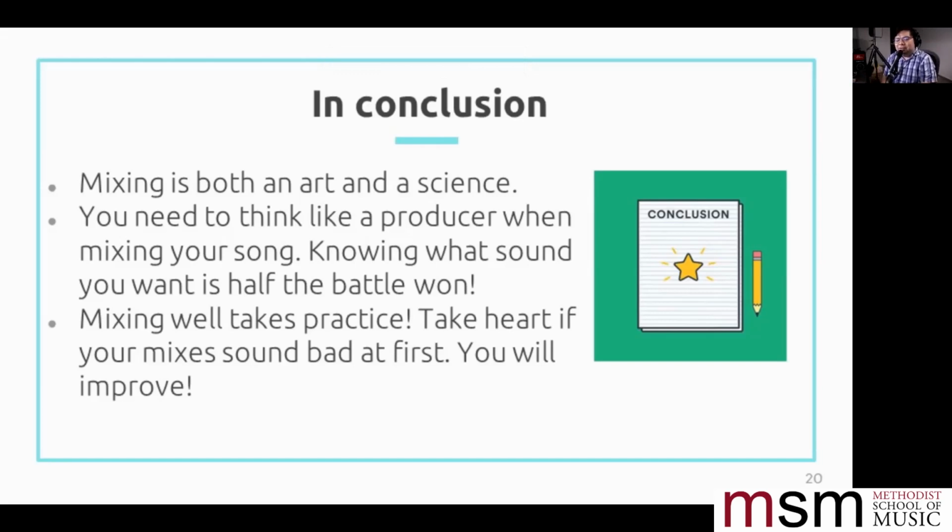In conclusion, mixing is both an art and a science, and if you forget everything I said, you have to put on the producer hat when you are mixing your song. Knowing what sound you want is half the battle won, and it takes practice. These are skills. Your ear is a muscle. It needs to be trained. It needs to be exposed to different sounds. My encouragement to you is that